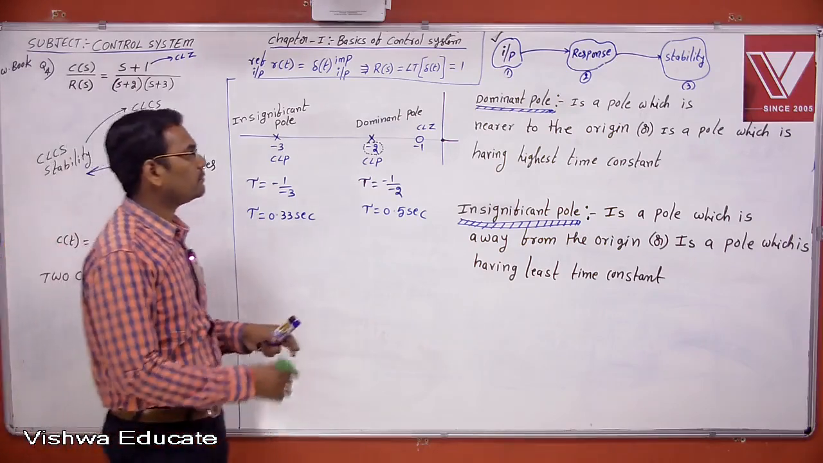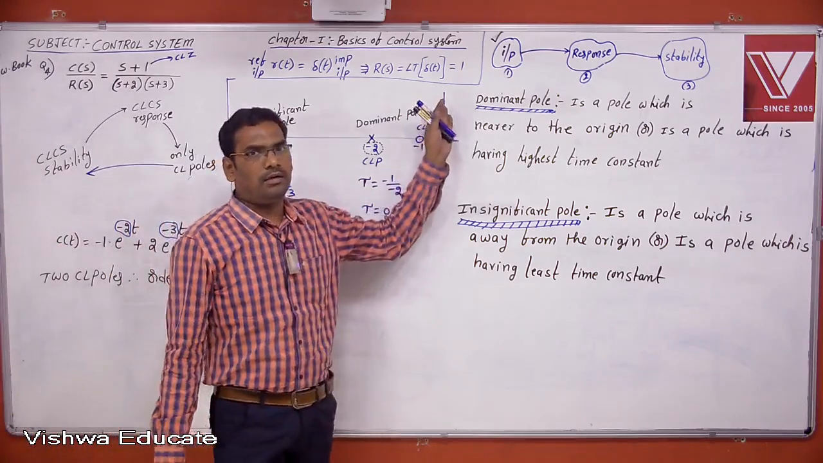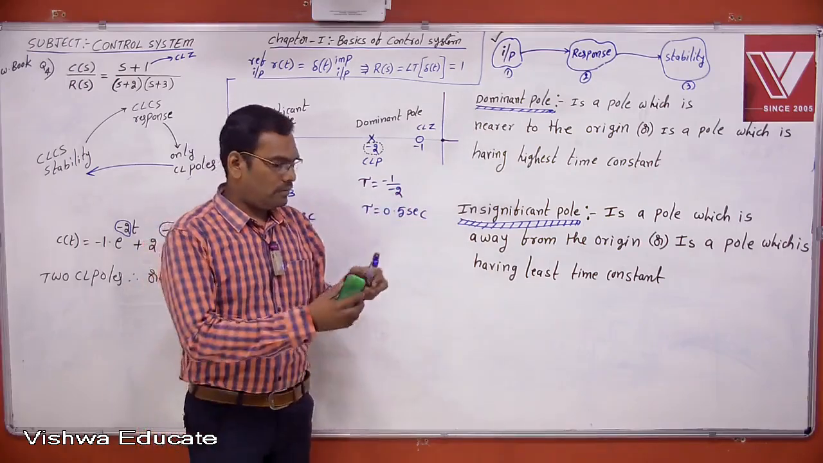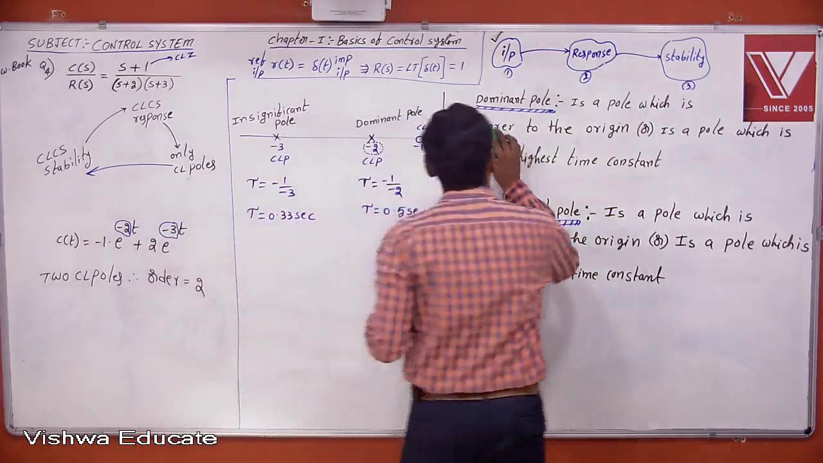Okay. Now this is a dominant and insignificant pole definition. Now in the same question,